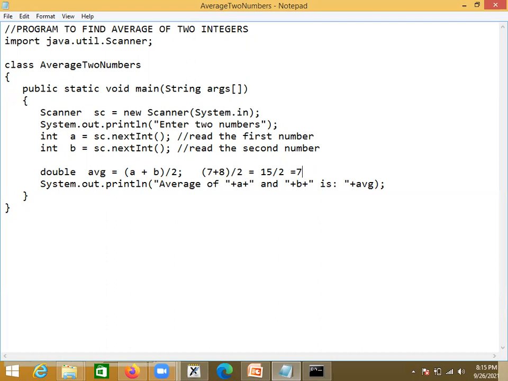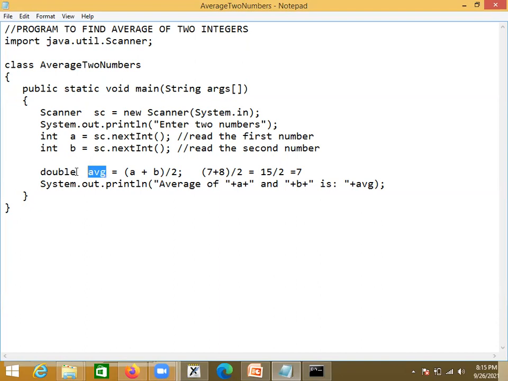This 0.5 is truncated, and the division operator returns only the integer part, which is nothing but 7. That is how the computer performs this division operation. This 7 will be stored into a variable called average.